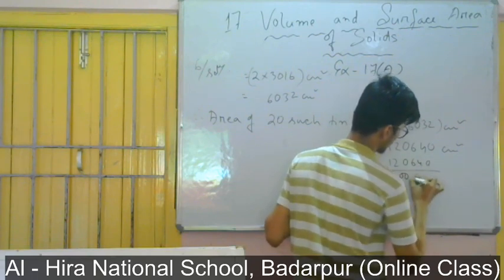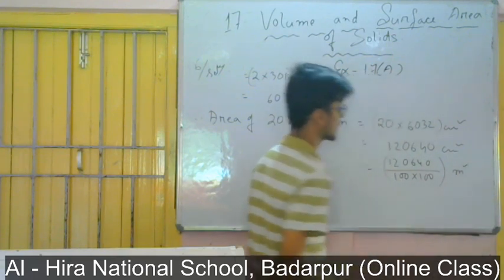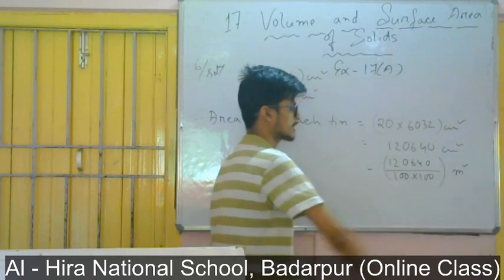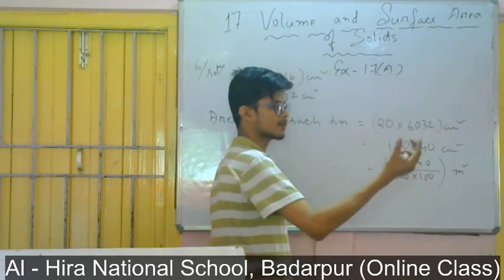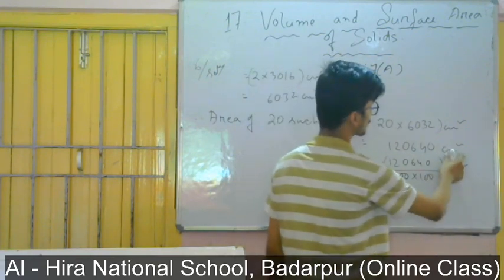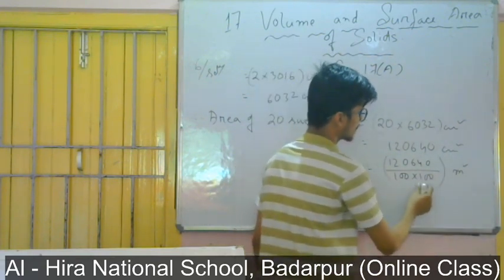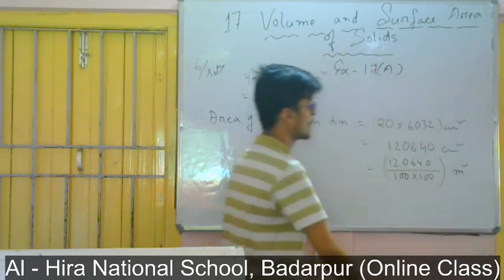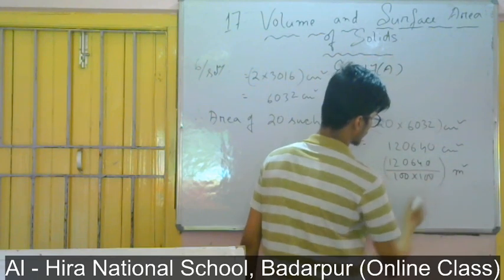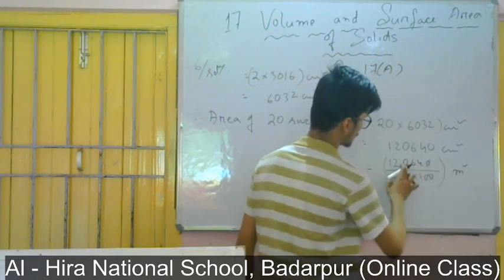That will be 100 into 100, for it to be meter square. Again I am saying I am converting from centimeter to meter. If I want to convert anything from centimeter to meter, I simply divide it by 100. But here it is centimeter square, that means centimeter two times, so I have to divide by 100 into 100, then only the unit will be meter square. So okay, the zeros you can cancel. There how many 0s? 1, 2, 3, that means before 3 places the decimal will be there.